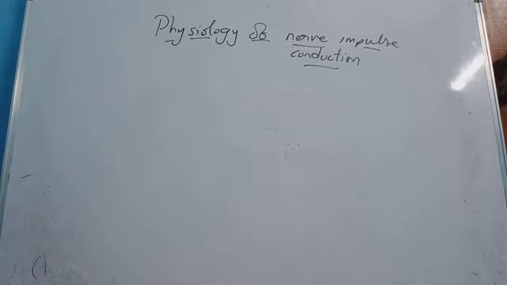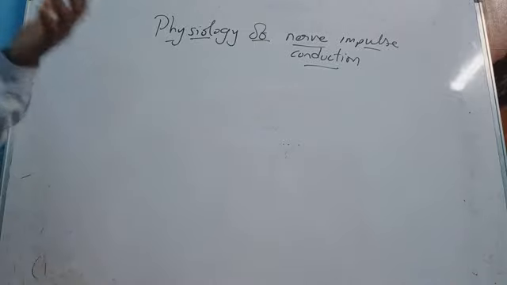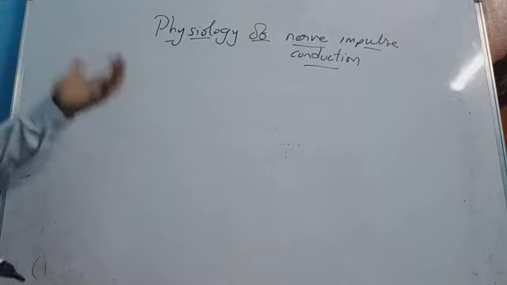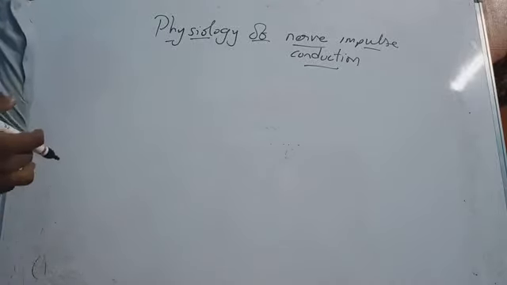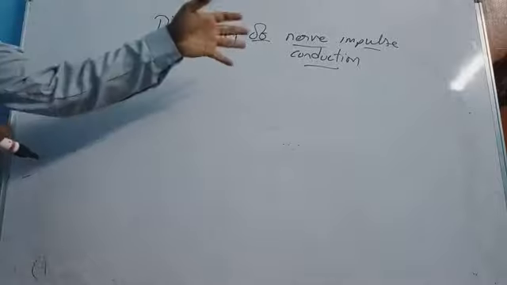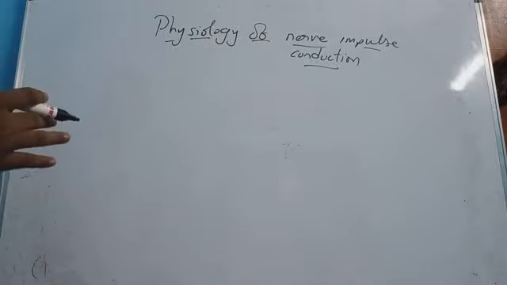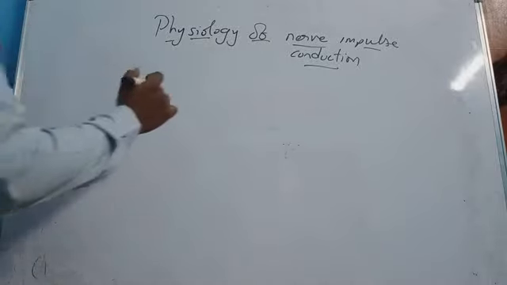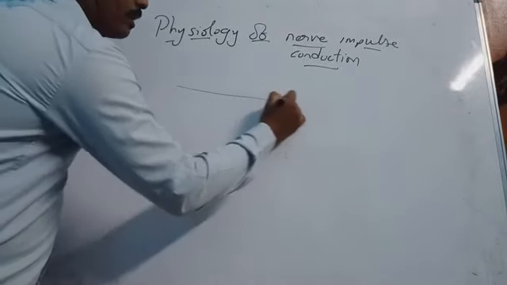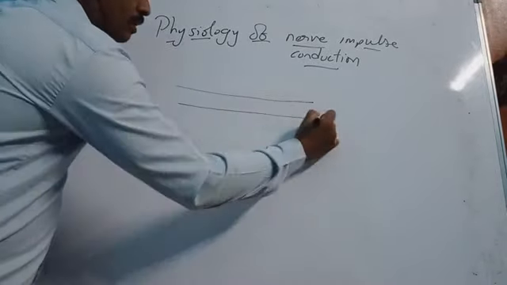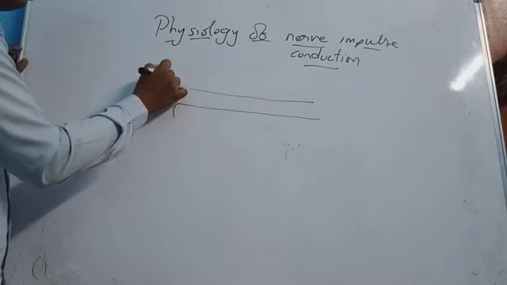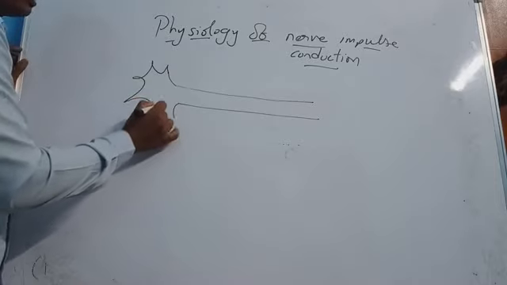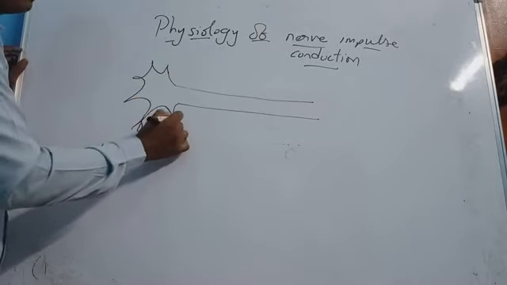As I have said, we will start with the physiology of nerve impulse conduction. So how the nerve will transfer its signals from one neuron to another neuron and all these things. Before discussing this nerve impulse conduction, we should know one thing, the membrane of the neuron. So for example, this is a nerve fiber, think of axon. Here we have the part called the axon hillock, and these are the cyton parts, these are the dendrites.